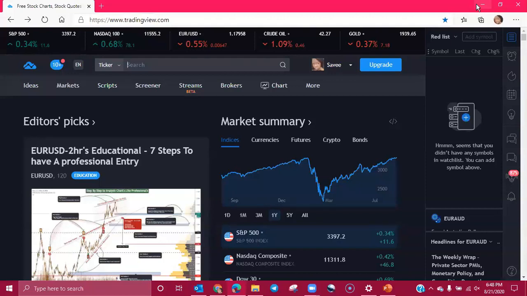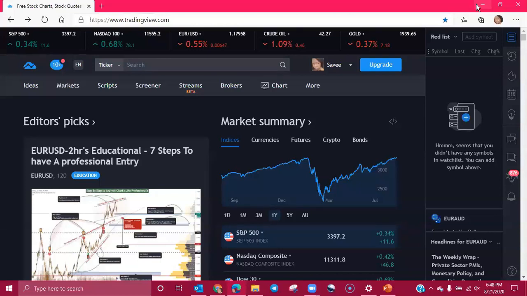So since you have opened up your account, I'm assuming, once you log in, this will be the screen that you see. What we're going to do is we're just going to go over the chart. We're going to look at a chart and we're going to go over all the tools on the chart just to get you familiar with where to find the tools, how to navigate in TradingView. This is not a class to show you where to put your support and resistance or where to draw your trend line or what a particular pair is doing.